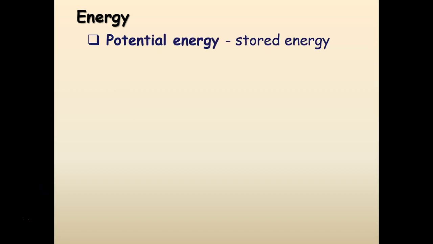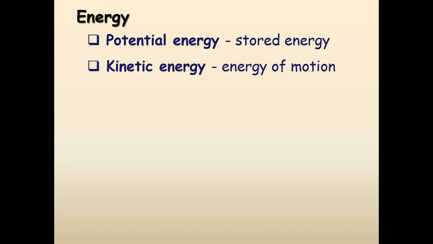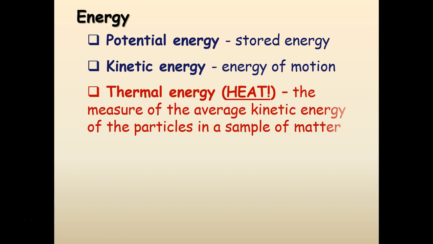Last week we talked about thermal energy, and this week we're going to continue on that and talk more about it. So I want to review real quick the three types of energy that you know from chemistry. The first one is potential energy, and that is stored energy. The second type would be kinetic energy, and you learned that before. Kinetic means movement or motion. The one you just learned about last week is thermal energy, and that's just measuring the kinetic energy